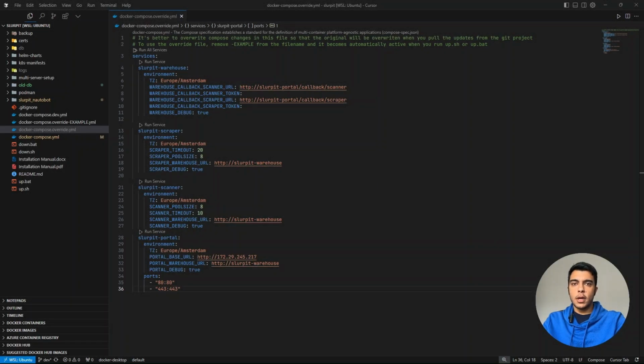In this video, we'll learn how to do debugging in Slurpit. There can be times where a particular service is not working properly. For example, you have 10 devices, but 8 of them are being found and 2 of them are not. Or maybe the scraper service is not gathering the data from all your devices, or not gathering all the data